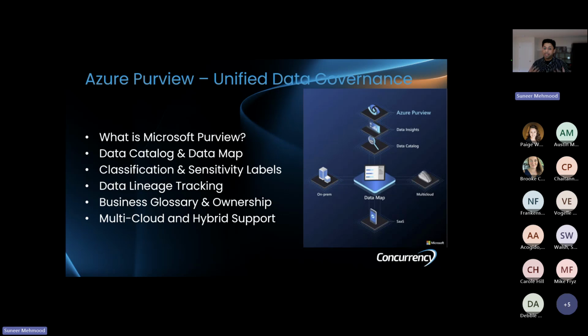Now, a typical data estate, at least until 2-3 years ago, even in Azure Cloud, would mean that you would use multiple services, like a service to pipeline your data, your data engineering pipeline, that's called Data Factory, by the way. You would have your operational storage of your data in a relational fashion, something like Azure SQL databases, or you could have file-based storages too.